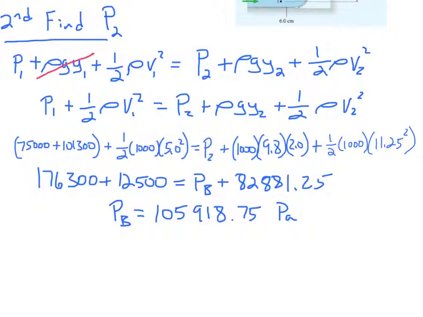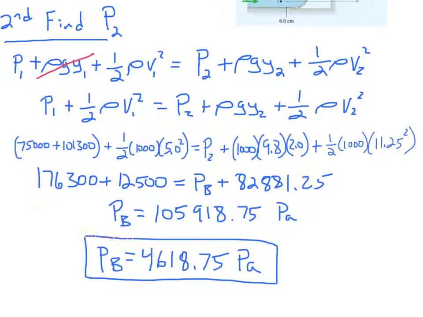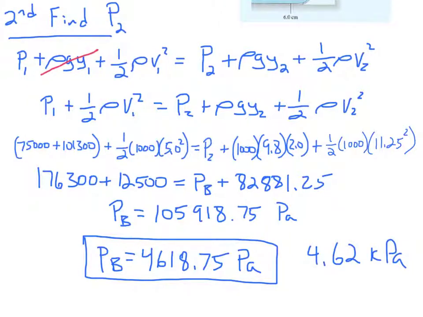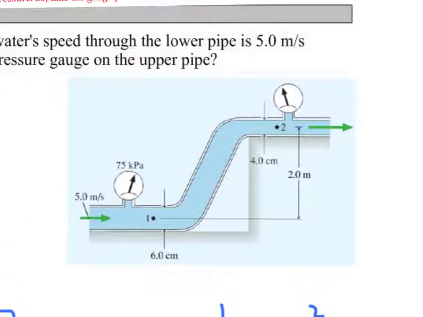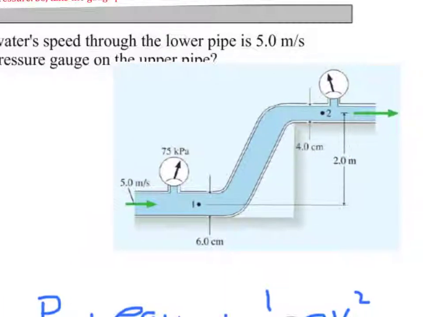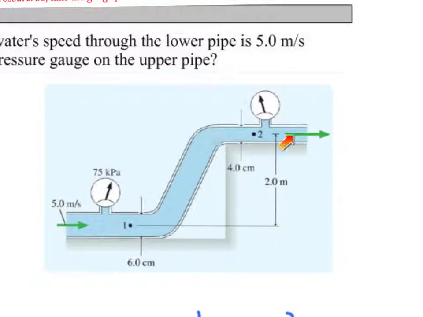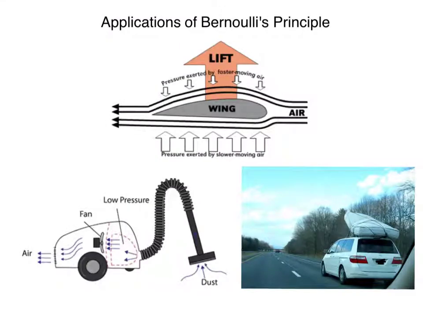And that absolute pressure, once we run through the numbers, is 105,918.75 pascals. We want this in gauge pressure, so we have to subtract out that 101,300 atmospheric pressure to give us 4618.75 pascals, or 4.62 kPa. Now, we should totally expect this decrease in pressure as we go into that constriction, right? Because the speed of the fluid is going to drop, and as the speed of the fluid drops, the pressure drops as well. So there's a whole bunch of applications of Bernoulli's principle that we can take a look at,